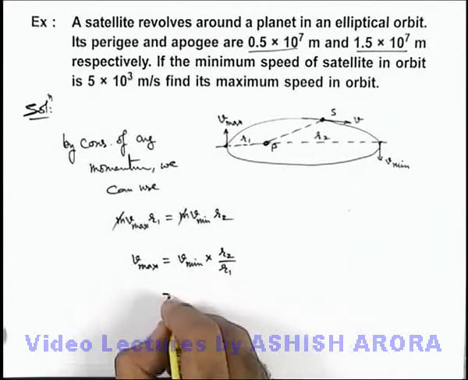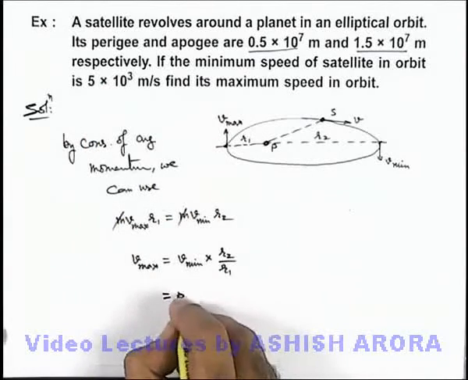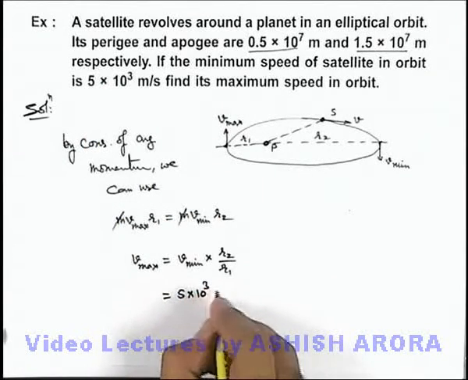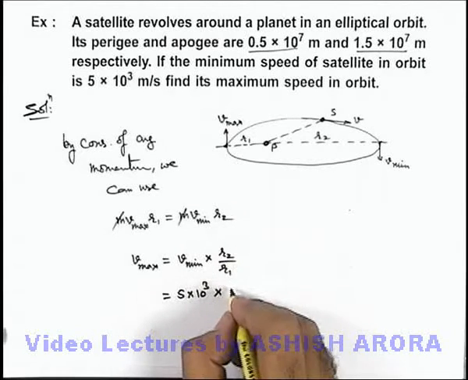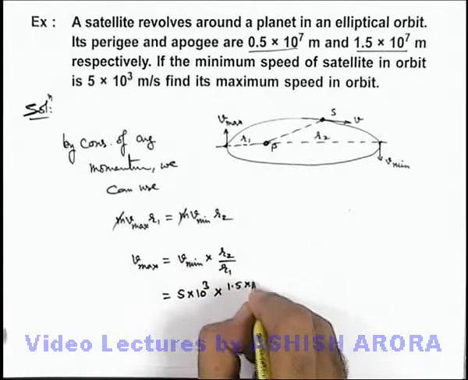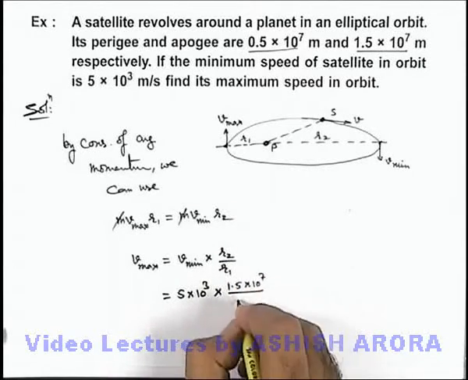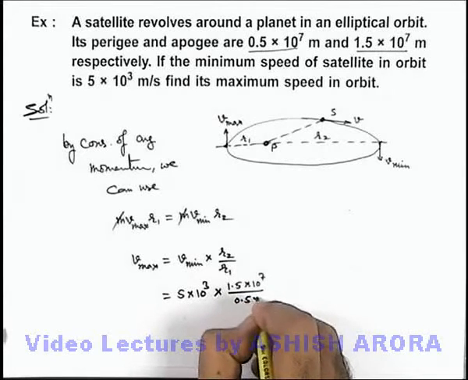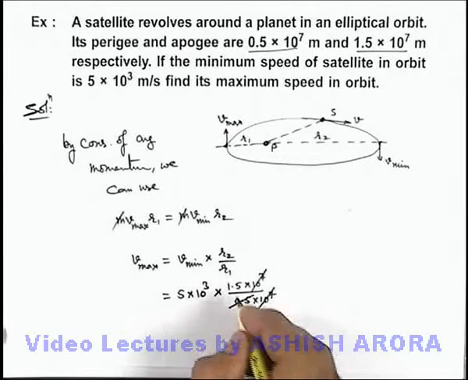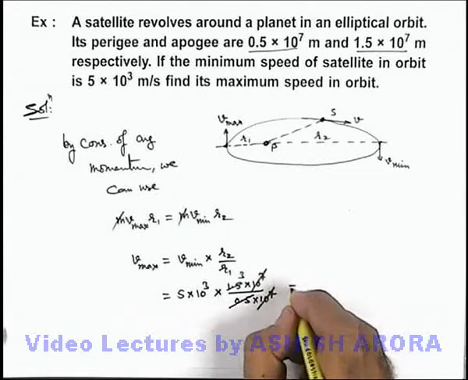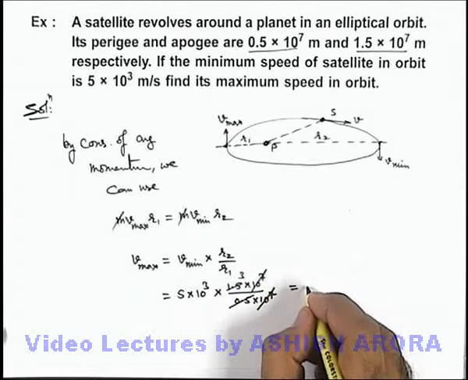So here we substitute the values. The minimum speed we are already given, 5 × 10^3, multiplied by R2 by R1. If we substitute the values, it is 1.5 × 10^7 divided by 0.5 × 10^7. Here this 10^7 gets cancelled out, and on solving we are getting it as